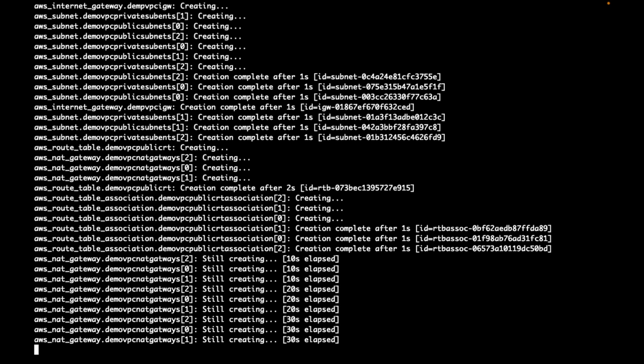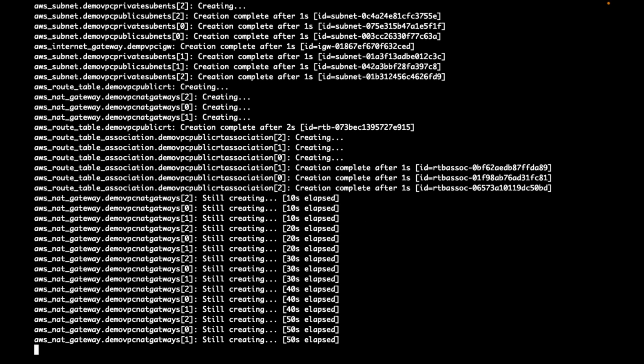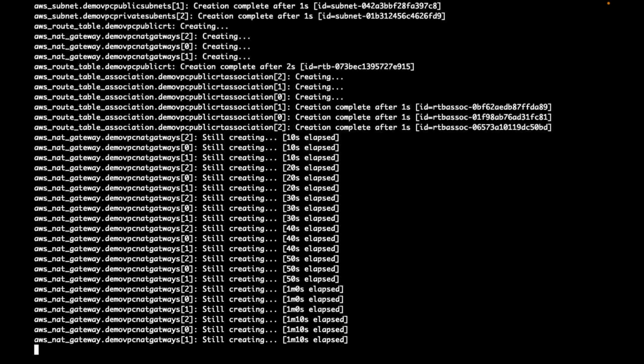Let's wait for all these things to be created. I'll go and show in the console. Explicitly, if you have to specify the dependency,